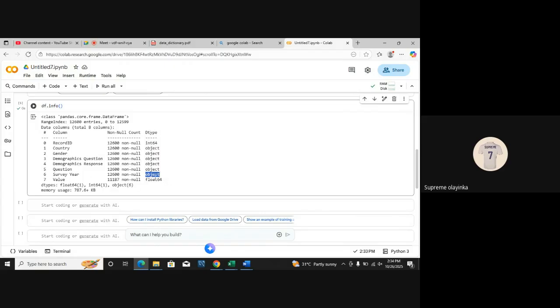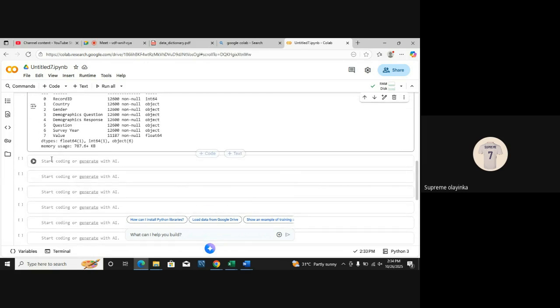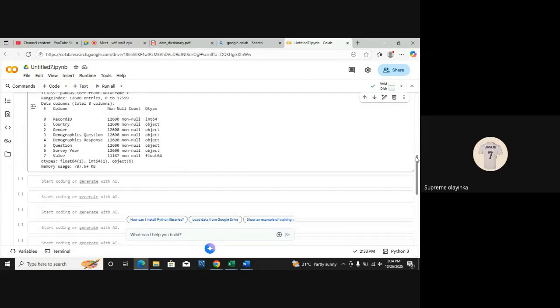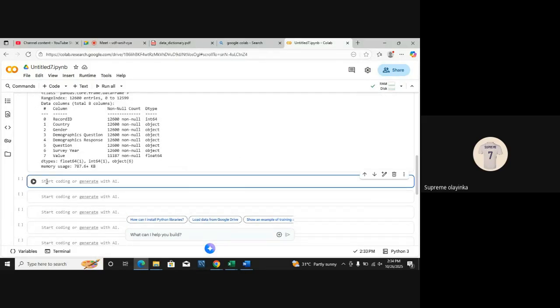So we are seeing values. Obviously, we see floats. That's actually good. Everything looks good except this survey column here, because here is a date, and this data type is supposed to be a date, but it is in string. So how can we convert it from being an object into a date data type? Okay, I think let's just start from that place. Give me a minute.